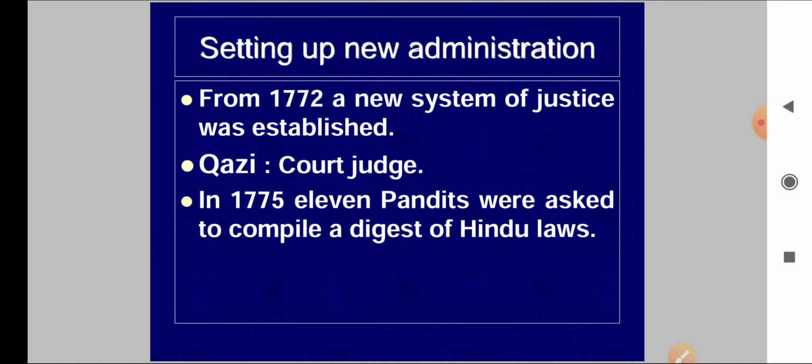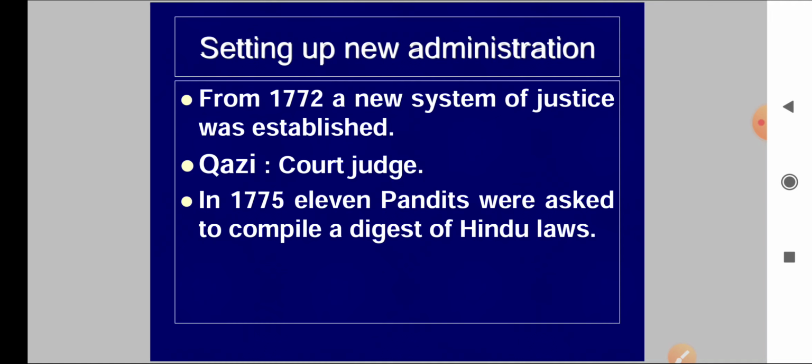Here we have another para of this chapter, setting up a new administration. The Britishers set up a new administration in India, and for this purpose Warren Hastings began this process. During his period, the company got power not only in Bengal but in other provinces also, like Bombay and Madras. They divided their administration into presidencies. Here, the first step taken by the British East India Company was the establishment of presidencies like Bengal, Madras and Bombay.